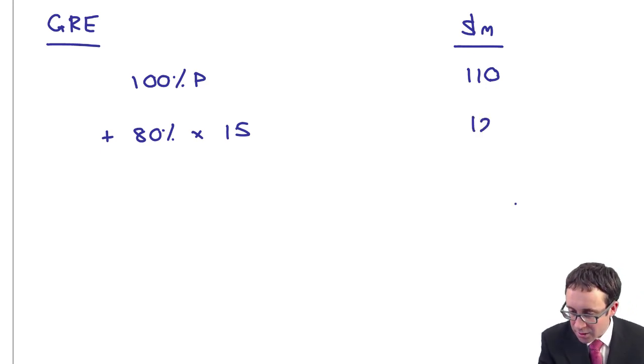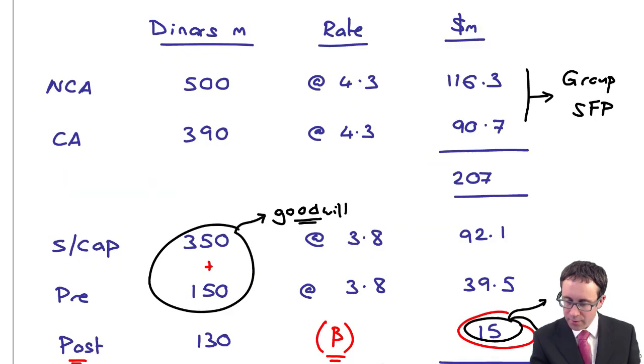So is that there as 12? Okay. 80% of 15 is there as 12. Now, this is where we just need to be a little bit careful, a little bit conscious, because what we said before, if I go back to our working, which I think was here,